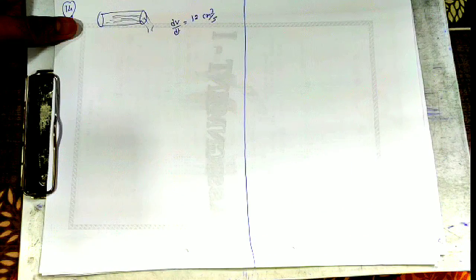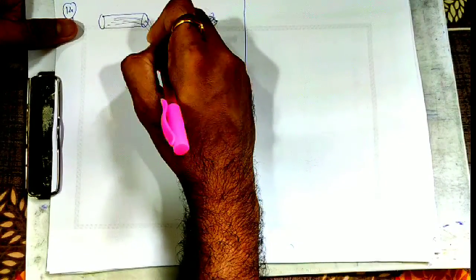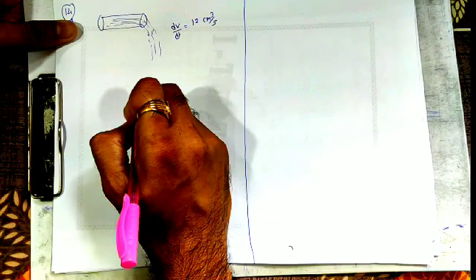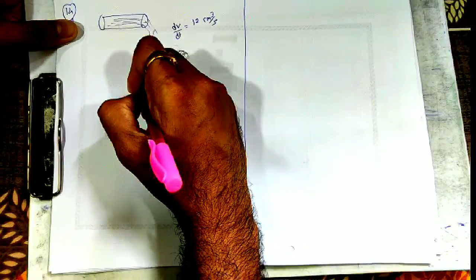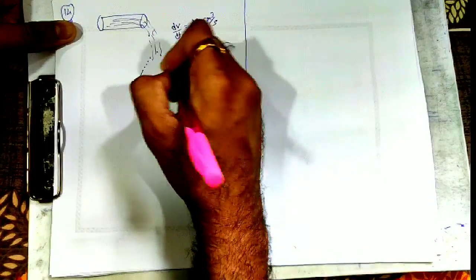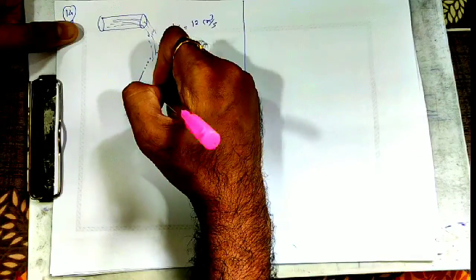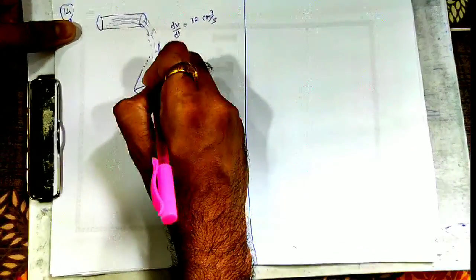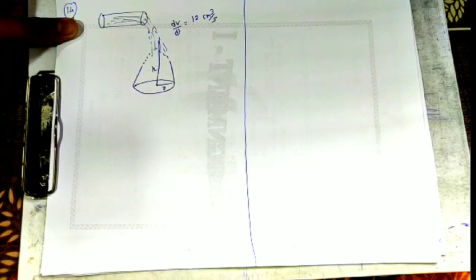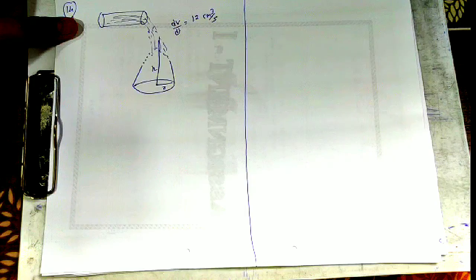The falling sand forms a cone on the ground in such a way that the falling sand on the ground forms one cone. So this is one cone. Suppose all this sand falls down like this, and what forms here is a right circular cone. Here we get its height h and here its radius r. The falling sand forms a cone on the ground in such a way that the height of the cone is always 1/6 of the radius.